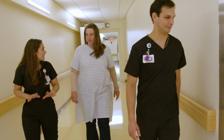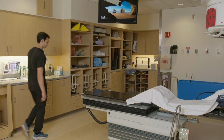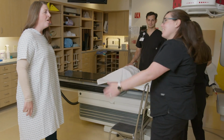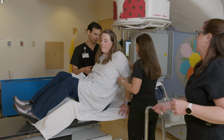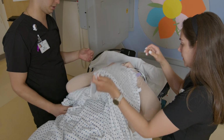Now that we have your radiation treatment plan in hand, it's time to begin your treatment. After arriving for your appointment and putting on your gown, the therapist will bring you into the treatment room and provide instructions on how to lay down on the table in the same position and mold we made for you during your simulation appointment. You'll be asked to lower your gown so that the therapists can see the tattoo marks